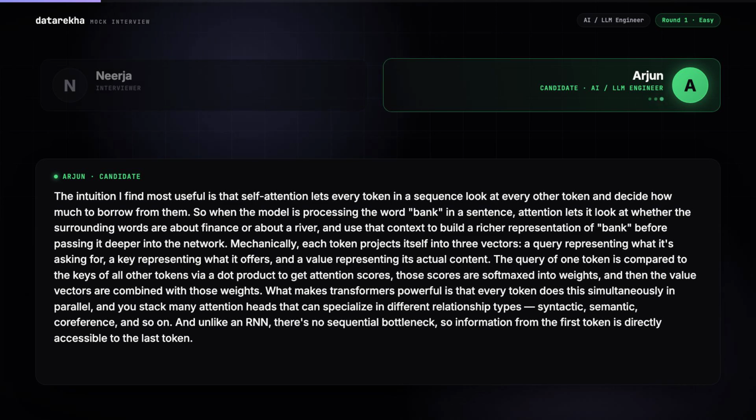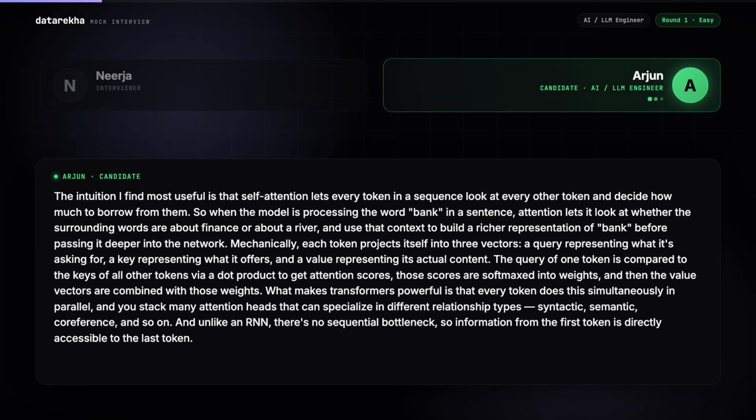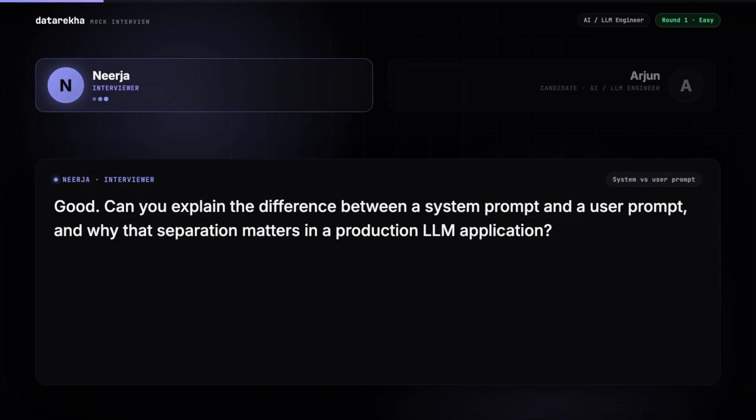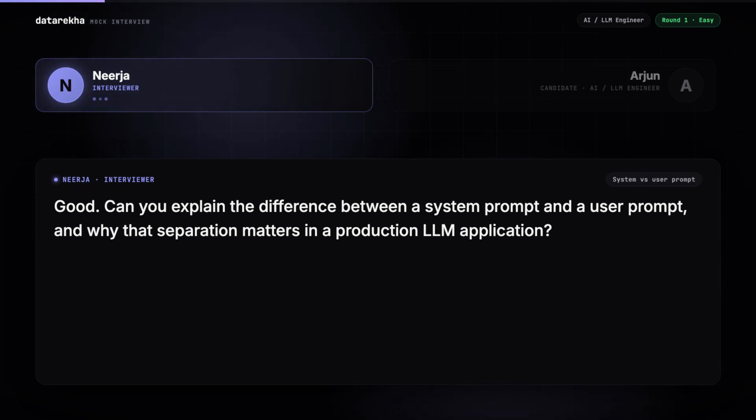And unlike an RNN, there's no sequential bottleneck. So information from the first token is directly accessible to the last token. Good. Can you explain the difference between a system prompt and a user prompt, and why that separation matters in